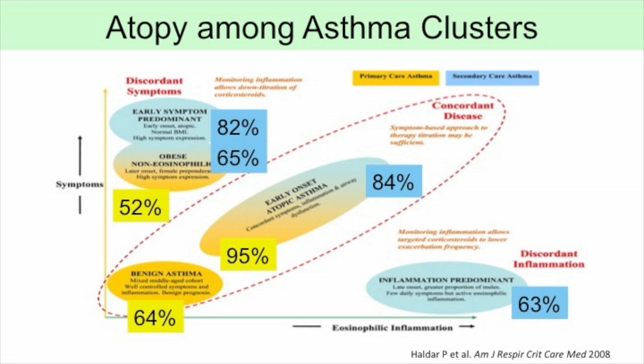And in the past 10 years, we've tried to move beyond that and use as much data as possible on cohorts of asthmatics fed into a computer to independently generate asthma clusters of different types of asthma. And if you do this, you find that you can explain most of asthma according to symptom load or the degree of eosinophilic inflammation. So the patients that we've been talking about are all here. They've got early onset allergic asthma. If they've got minor disease, they're down here with few symptoms and not much eosinophilia. If they've got severe disease, they're up here with lots of symptoms and lots of eosinophilia.